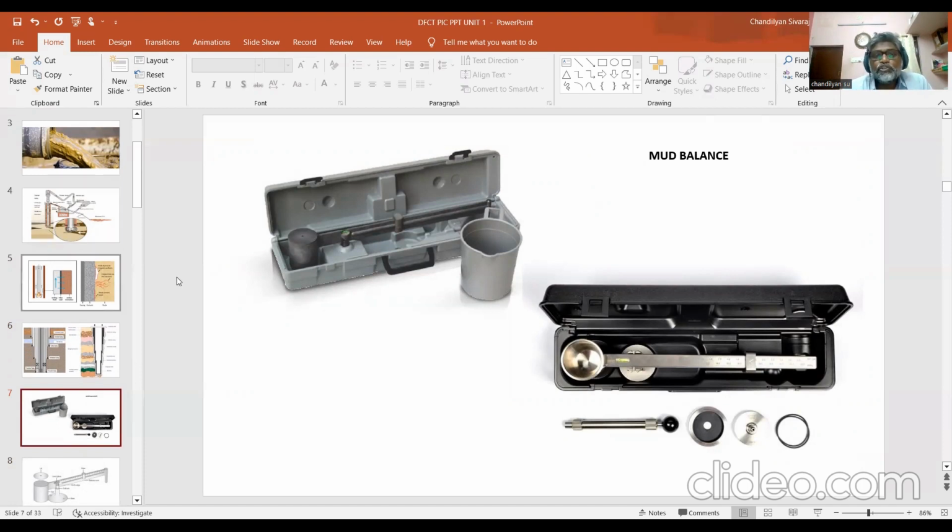We can call it an instrument which is used to measure the mud weight or mud density. Very specific mud density. Density is mass by volume. So one of the units is kg per meter cube. So what you'll be doing here, you'll be preparing the drilling mud, drilling fluid, based on the chemistry